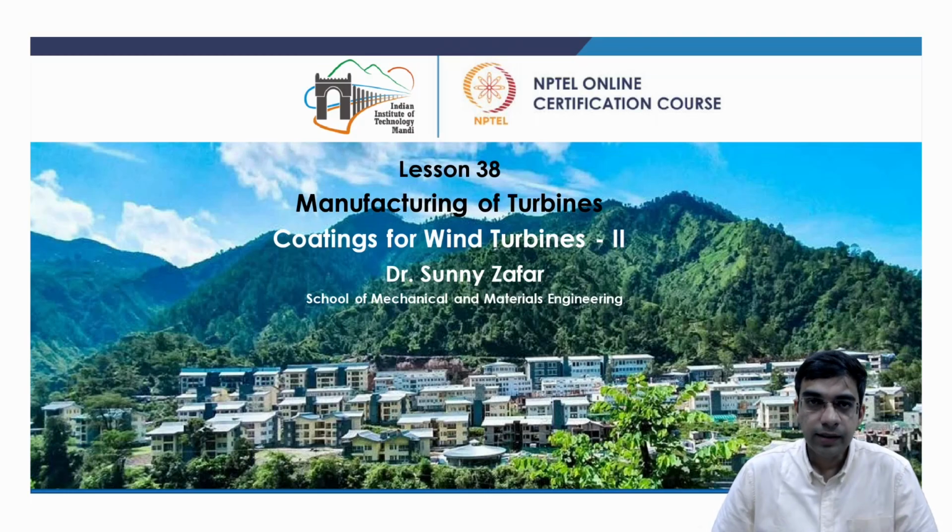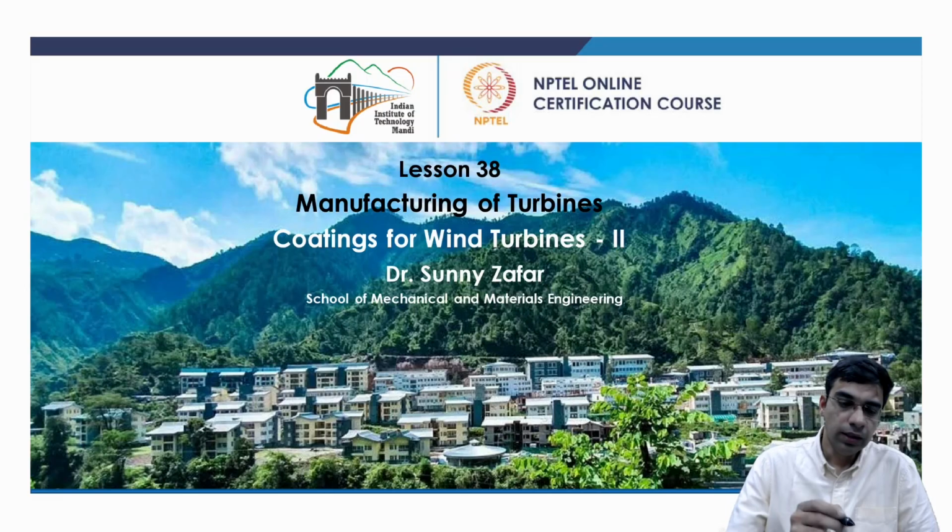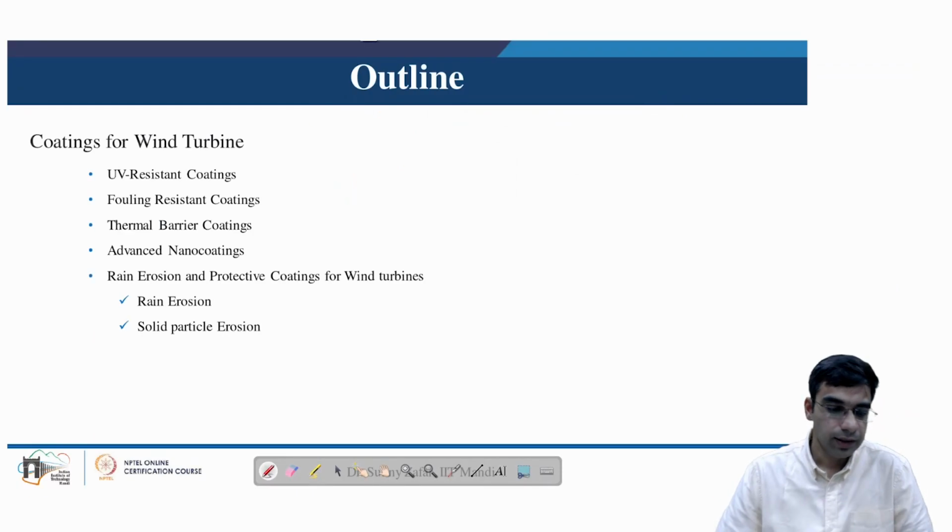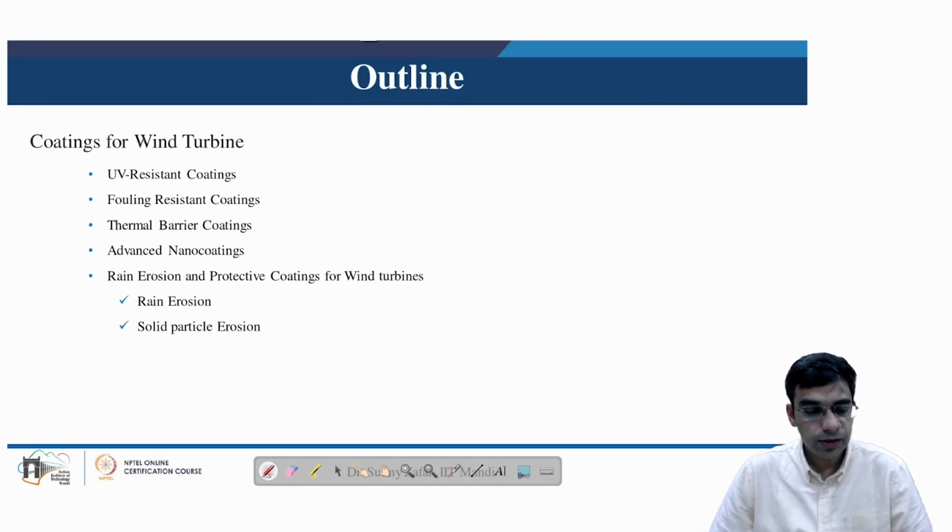So in this lesson 38 of this course, we will look at the second part of our discussion on coatings on wind turbine components. The outline of this lesson will be as follows: first we will discuss ultraviolet resistant coatings, fouling resistant coatings, thermal barrier coatings, advanced nano coatings, and lastly we will see details about rain